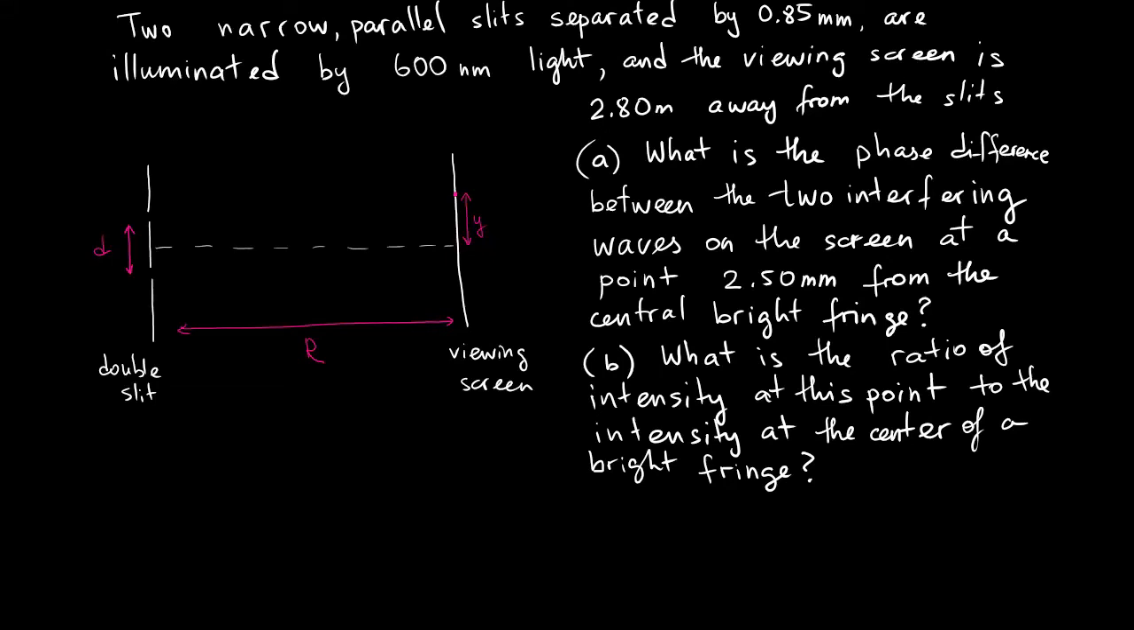Two narrow parallel slits separated by 0.85 millimeters are illuminated by 600 nanometer light, and the viewing screen is 2.80 meters away from the slits. What is the phase difference between the two interfering waves on the screen at point 2.50 millimeters from the